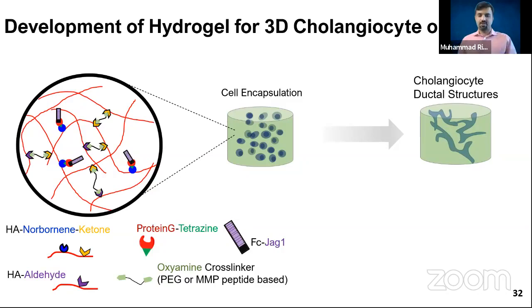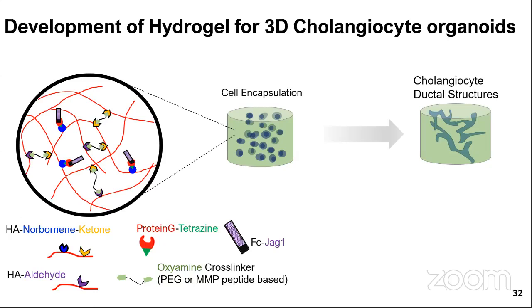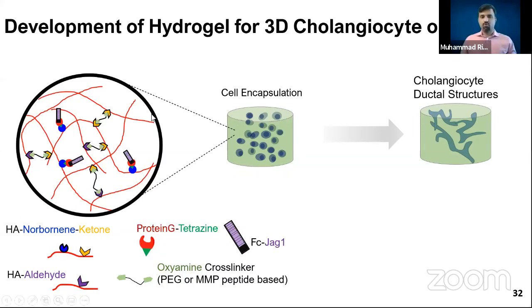So one last message I want to give about developing biomaterials. As an engineer, what's really important to consider when we are making a different biomaterial? In the last example, I showed liver 2D cell culture using signaling provided by a hydrogel. Now we want to do a 3D cell culture. We want to take those cells, which we just converted to bile duct cells, and see if we can convert them into tubular structures.